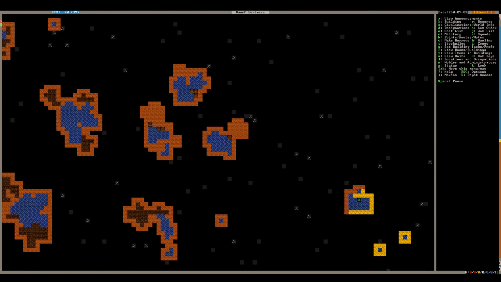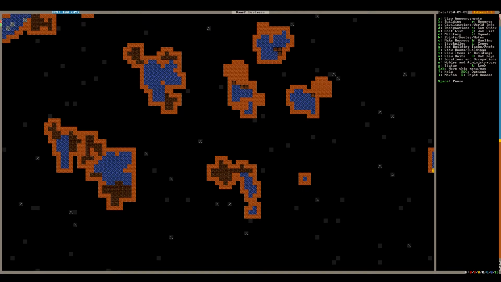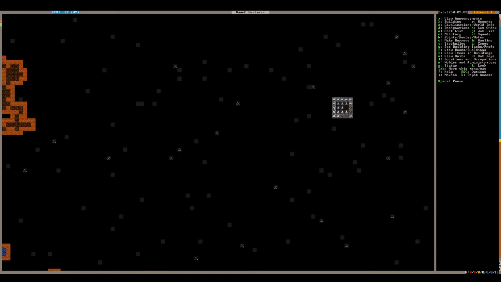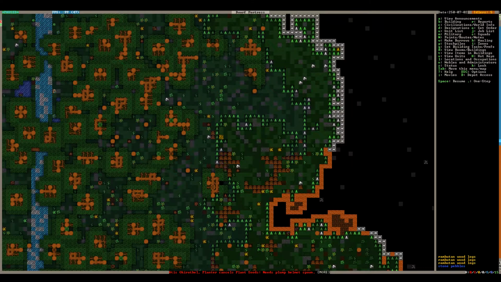Hey, there's some logs in the water. And it looks like there's some animals. Maybe our fisher dwarves will go ahead and get to that. Also designated that construction too...